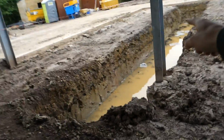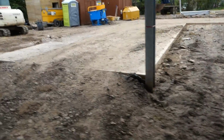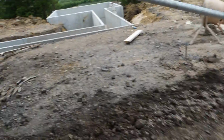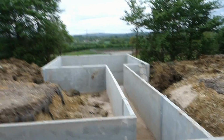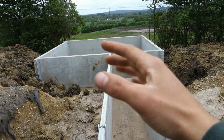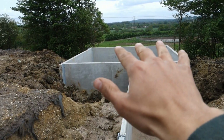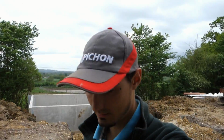So here we've got a channel which is outside the building where the collecting area is. Over here I'll show you our slurry tank. So this is where all the slurry, like I was saying, was going to run down the channels and into the big tank, and the separator will be sat on top there. I apologise about any wind noise, but I hope it isn't that bad. Yeah, moving on back through the building,